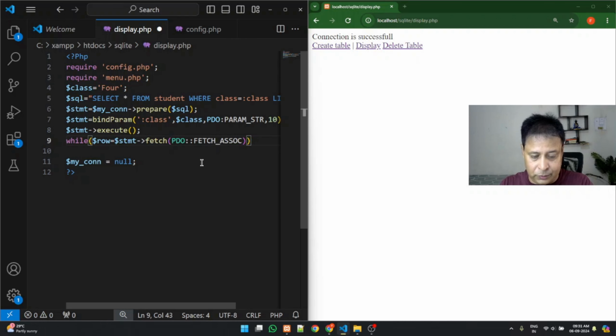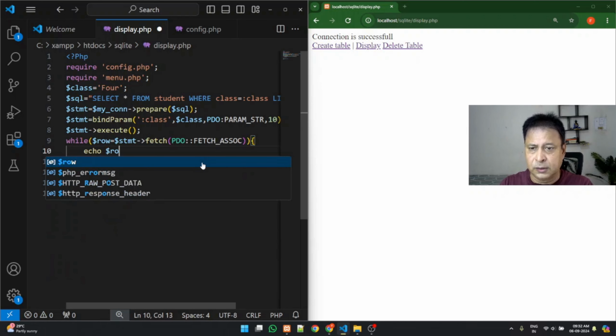So start the loop. Every step it will take one row, one row, one row. This fetch will take one row at a time. Fetch all will take the entire data set. So this time we are using fetch. Next we'll go to fetch row. So echo, let's print two things. First we'll say row,